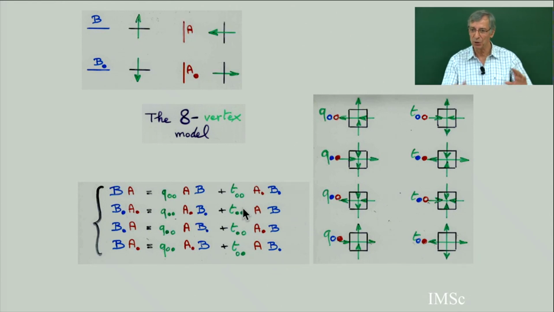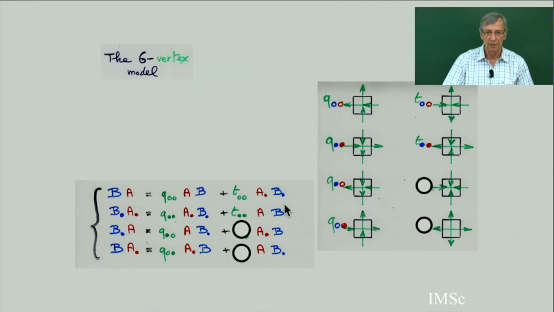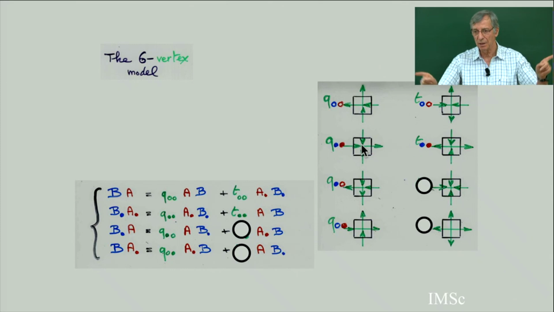When I replace the Q tableau, there is everywhere a cell with a B, A, B dot, A dot. If I replace this cell by these green edges, what is the configuration? For example, the alternating sign matrices. Alternating sign matrices was with these two parameters equal 0, which means in the 8 vertex model, I am putting these 2 parameters equal 0. So in fact, this is the 6 vertex model, another very well-known model in physics. 6 vertex model means that there are 2 edges on each cell, 2 edges are getting inside, and 2 edges are going out.